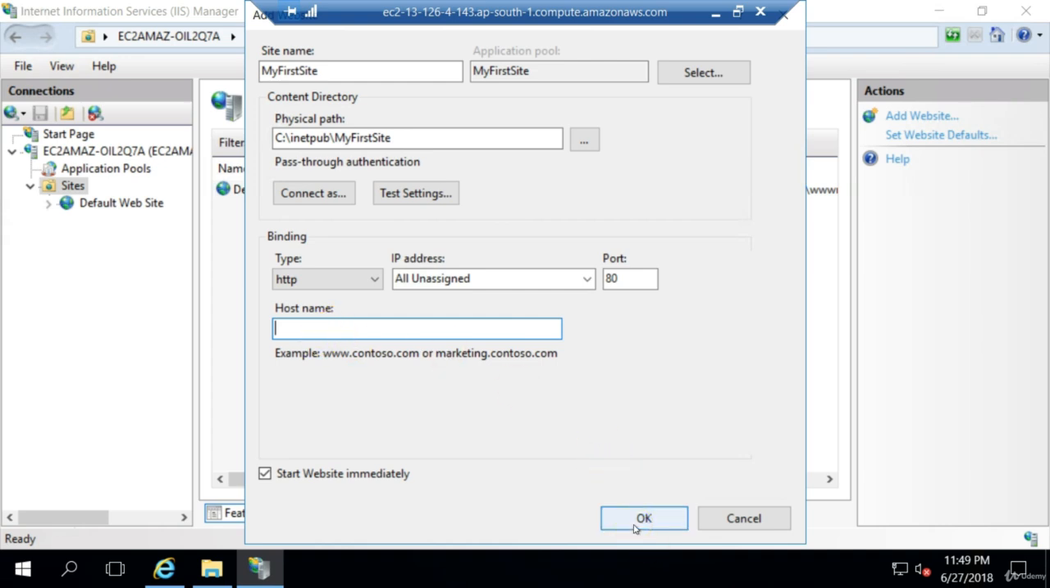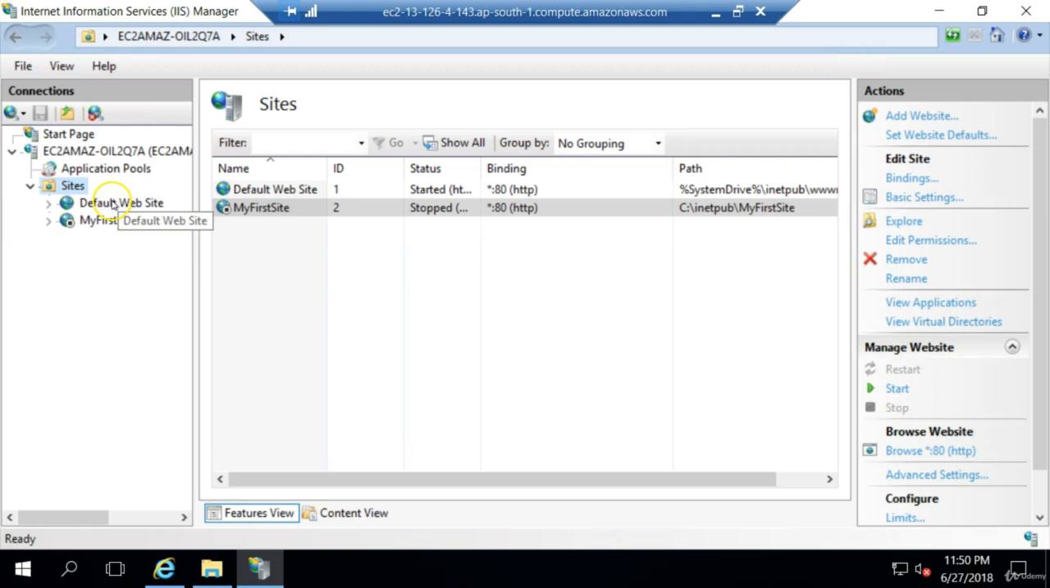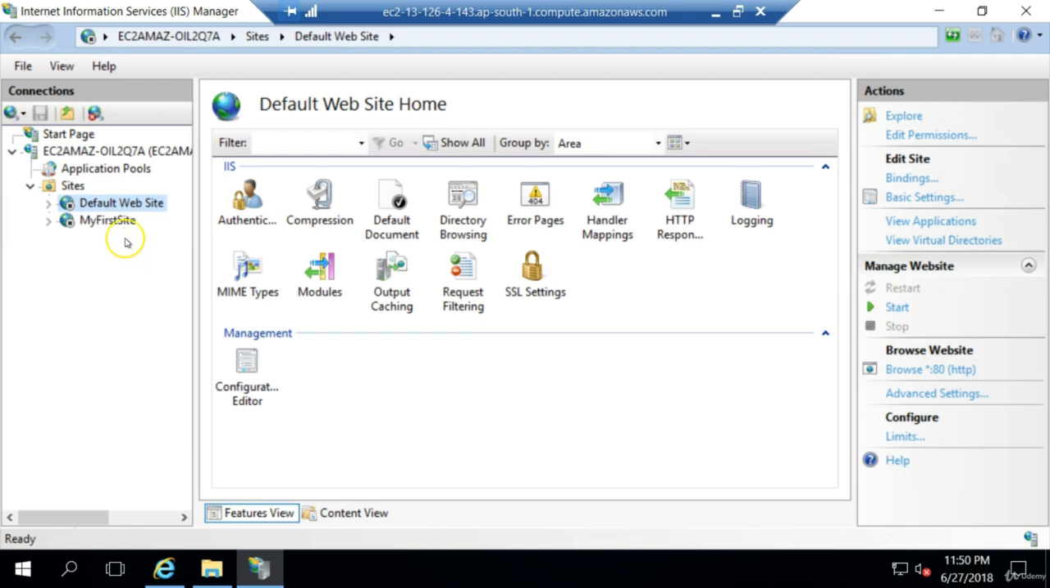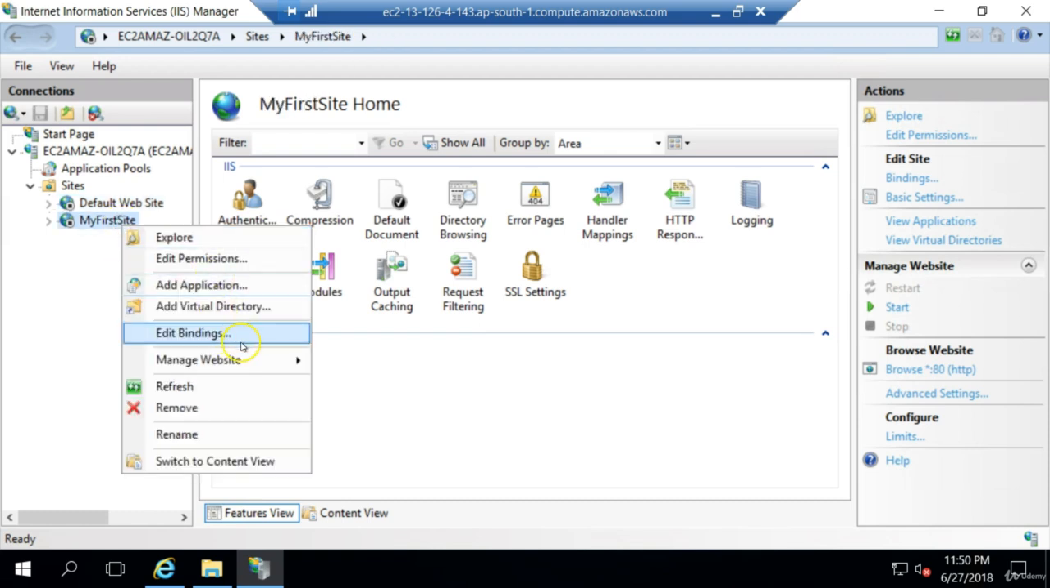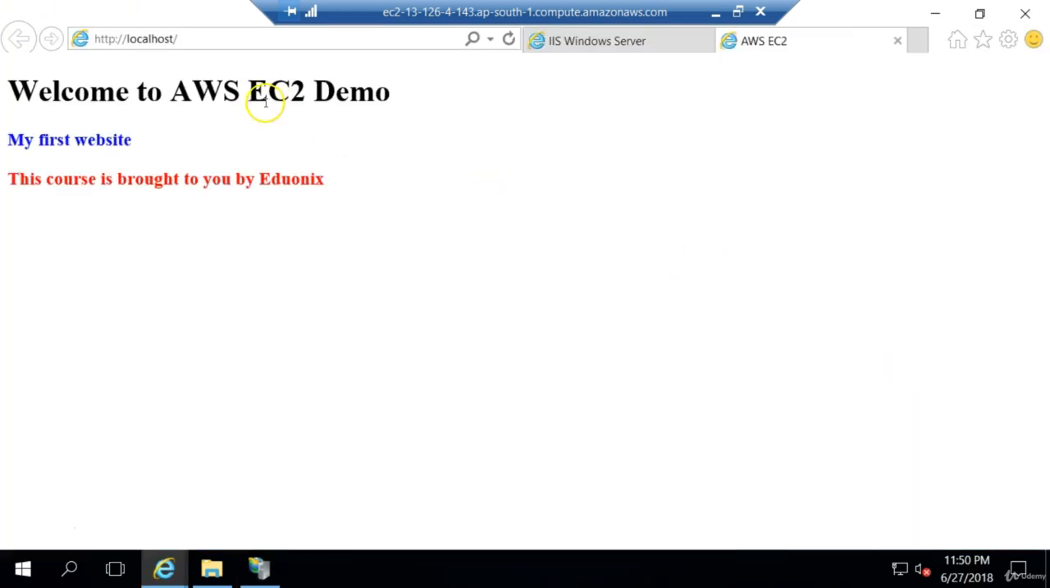Put it okay. Now there should be a small issue regarding port 80, because port 80 is already binding with the default website. So for the time being, click yes and stop this default website. Now we can start this. Now this first site is running on port 80. Let us check. Browse. So my first website at port 80